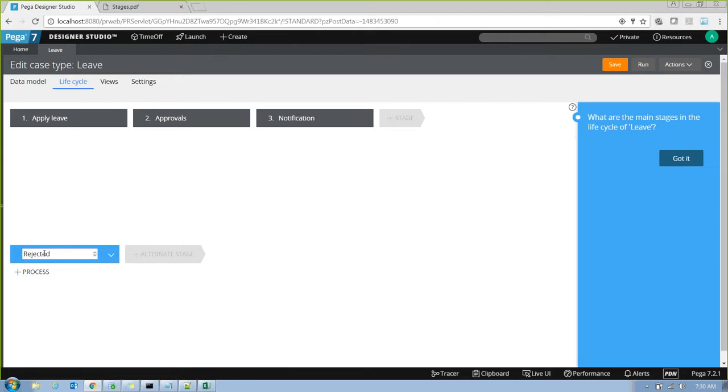Okay, so whenever the leave is rejected, the person will jump from here to here. Instead of going to notification, rejected notification. So this is an alternate stage. You can save it. Please save your changes.